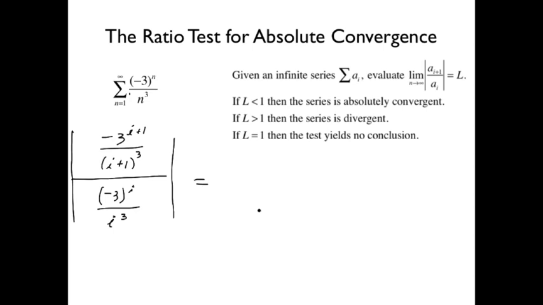Now, dividing fractions means what? Invert and multiply. And so this step from here on out is where we can start. Instead of starting by writing it as a fraction, we can always start by writing it as the invert and multiply, the denominator way. So we can always start this way: (-3)^i plus 1 over (i plus 1) cubed